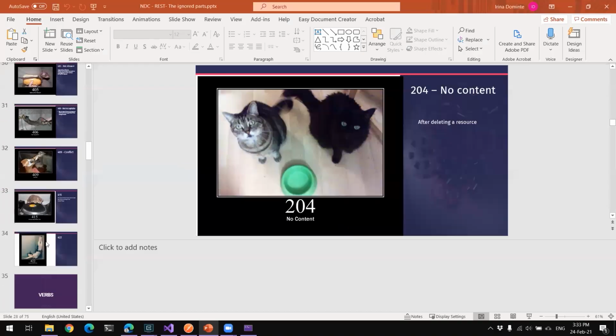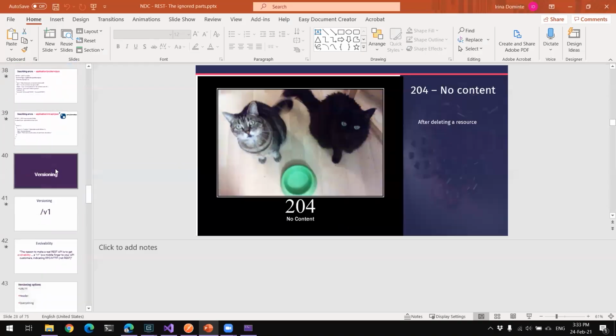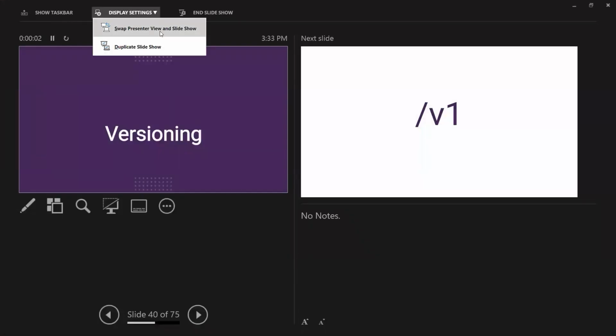So I'm gonna scroll down because I have a lot of verbs that I was talking about, and looking at the versioning, the V1. I think you've seen this in a lot of examples. It's V1. When the devs start implementing a new API, they do new route V1 and then API and so on. But is that still the default now in the ASP.NET Core template?